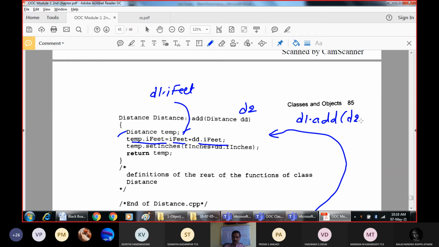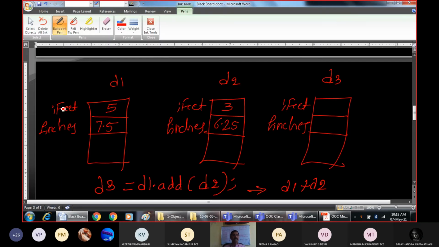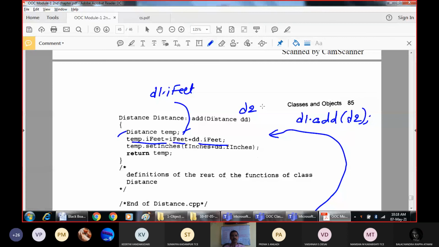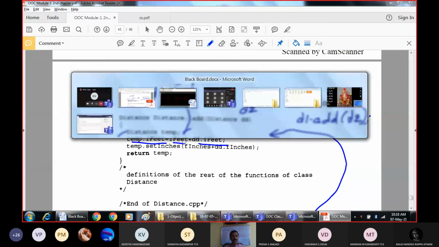So what we are trying to do here is we have called the add function on the d1 object itself by passing the d2 object as a parameter. So if you write ifeet, we are referring to the ifeet value of the d1 object. Now what is the ifeet value of the d1 object?